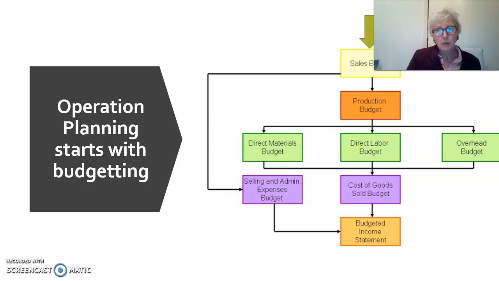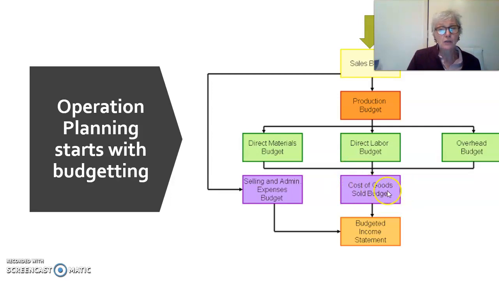The production budget defines how much raw material maybe should be purchased, how much labor is going to be used, and how many machines, electronics, whatever is needed, that must be assessed in order to produce finally the finished product. And altogether, these three factors of production come into what we call the cost of goods sold budget.